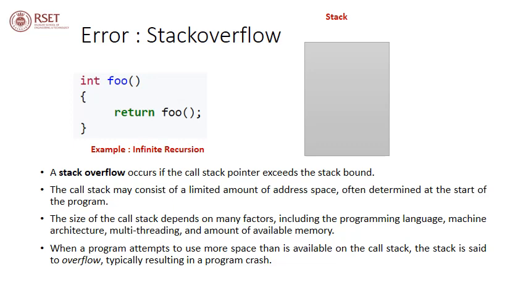This is illustrated in the code snippet provided here. It shows infinite recursion. The function foo repeatedly calls itself, causing stack overflow. Let's see what happens with the stack. Initially, the activation record of foo will be pushed onto the stack. Foo calls foo again, so the activation record will be pushed again. Again, foo calls itself, and so on until all the free space inside the stack is consumed and stack overflow results.